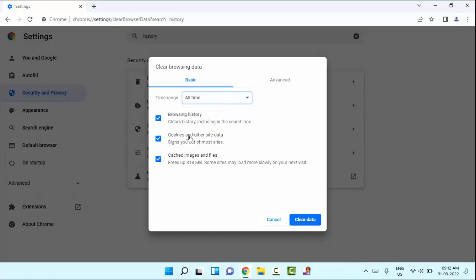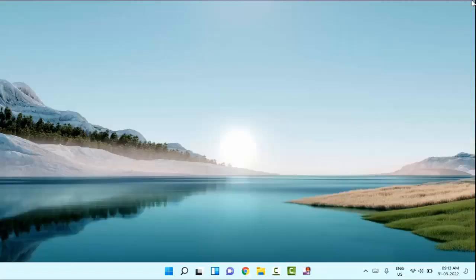Here browsing history, cookies and other site data. You have to make sure that you have selected all this and click on clear data. After doing this, just close this window